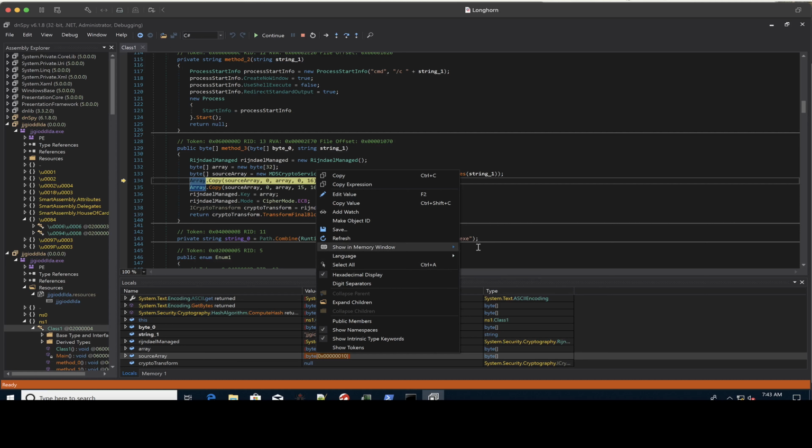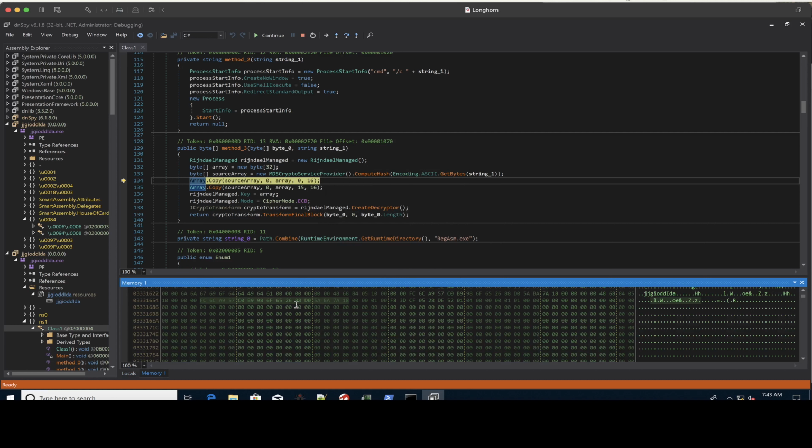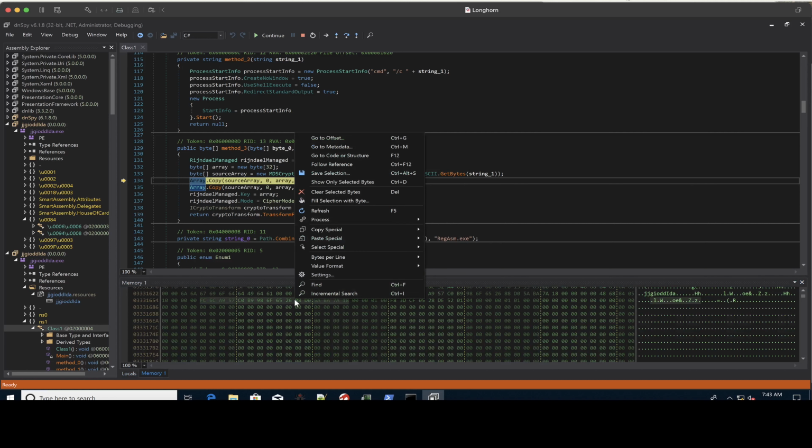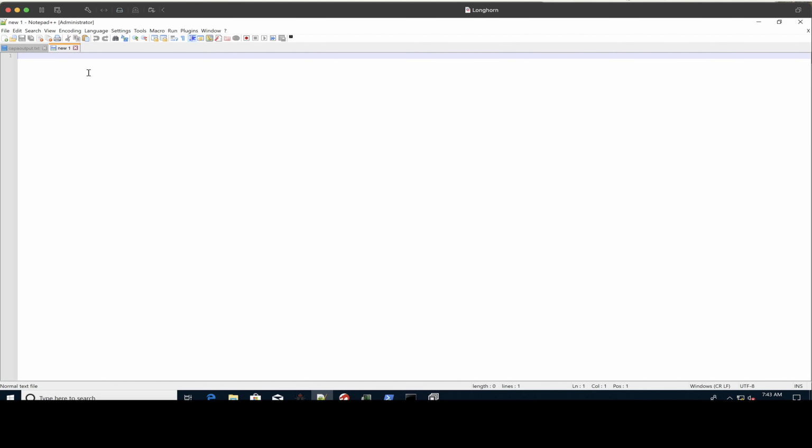So we can show in memory window 1, and you can see we have it highlighted here. So let's go ahead and copy that. So let's copy this out where we can keep an eye on it. So there's our first hash. So as we can see, like I was mentioning, it's a length of 32, which is 16 bytes. Let's go back